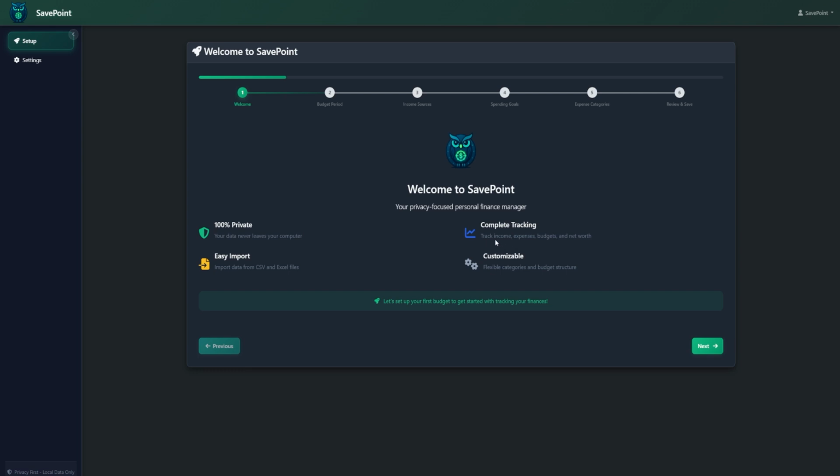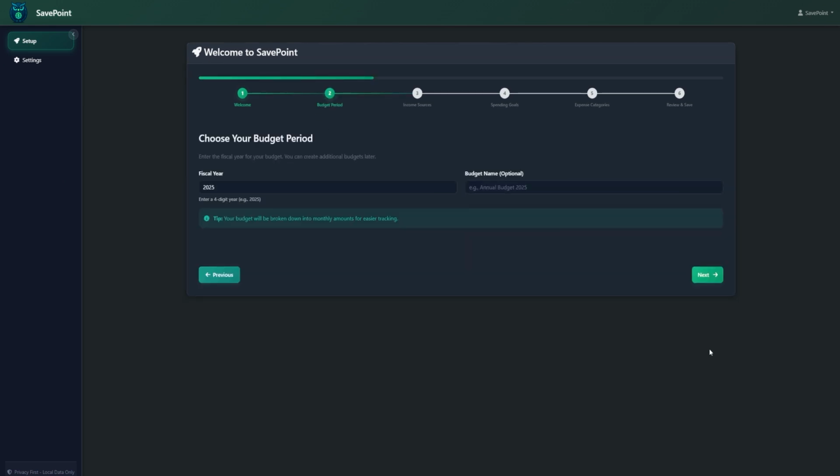And now we'll move on to discussing the overall setup process. We'll continue with this overview. This is the welcome screen that you'll see once you log in and begin your setup. On the left-hand side here, you have your setup and settings, and this is where you'll see more of the different modules of the program once you complete the setup. We have our welcome screen here, and we will click on next to begin our transition to the